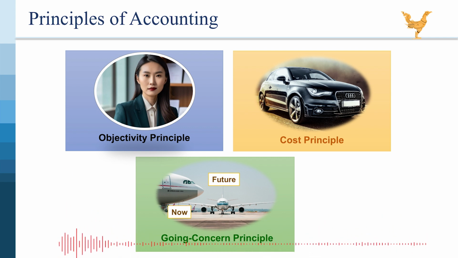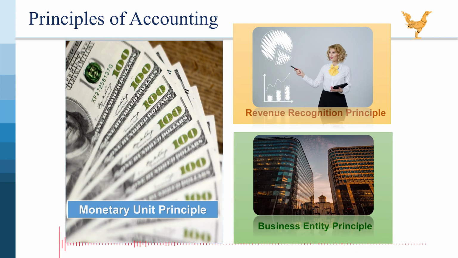In essence, these principles work together to make financial information reliable. You can trust the numbers. Consistent: different companies use similar methods, making it easier to compare them. Useful: the information helps make informed decisions. These are all important accounting principles that help ensure financial reporting is accurate and consistent. Here's a breakdown of each.